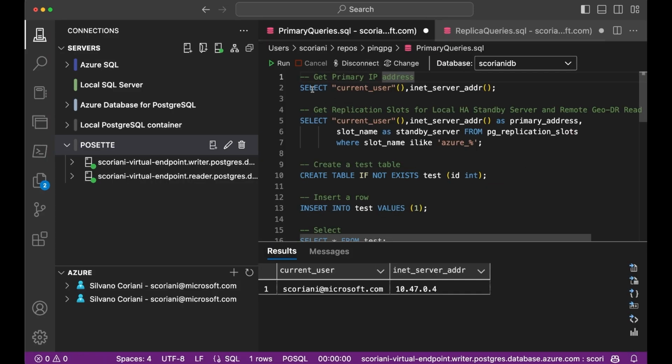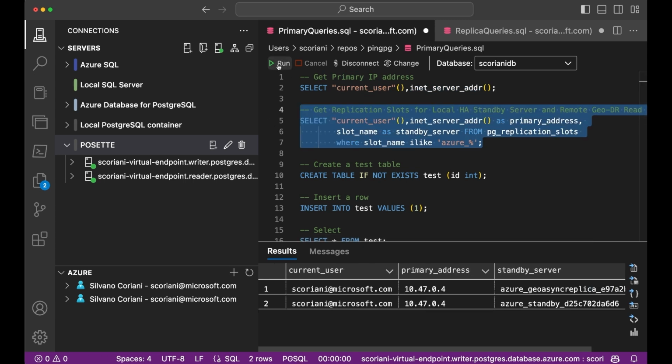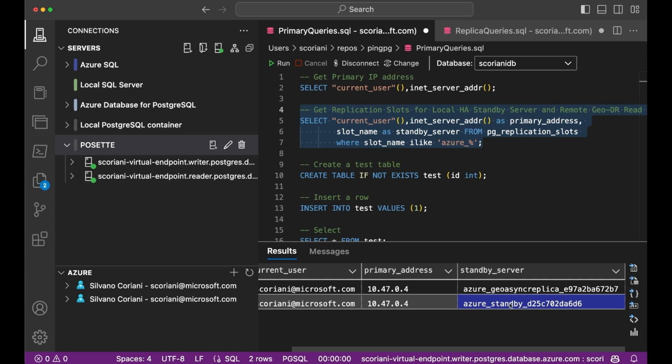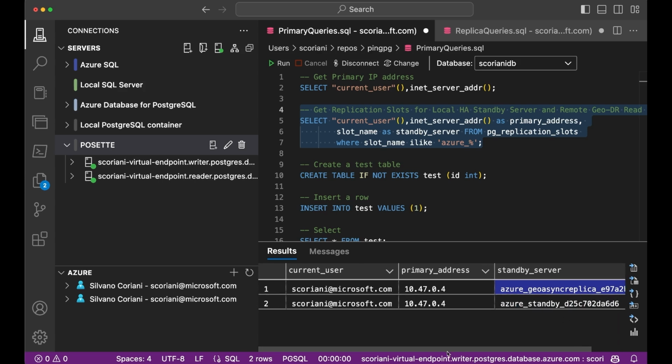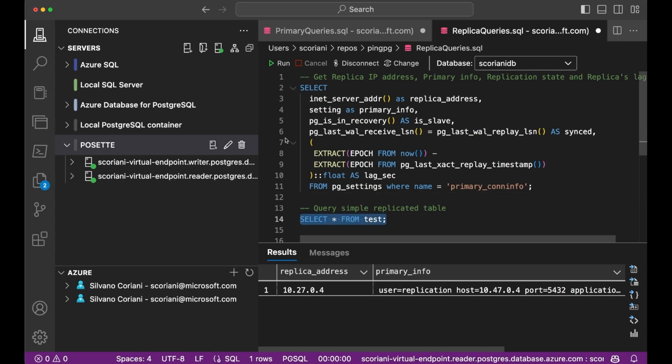Okay, so the IP for the primary is 10.47.04, and we can still check our replication slots. We have two because, again, one is for the hot standby server, synchronous replication in the same region, and this one, the Geo Async replica, is the replication slot for our read replica in a different region. So we can do a quick check and try to create a test table in our primary here, inserting a row. And if we go to the replica, we can see that